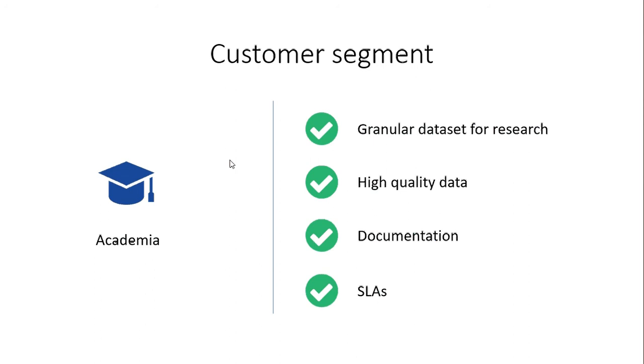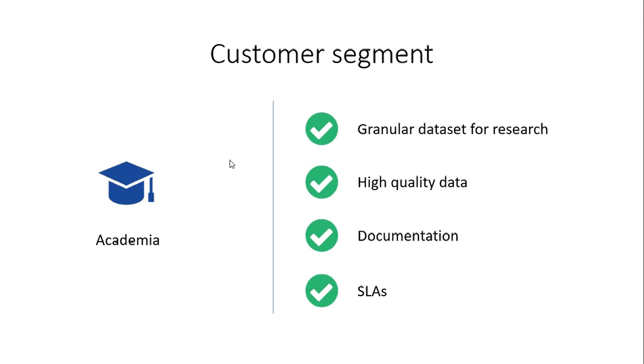There are new methods available, modern methods like differential privacy, and then even injecting some noise into the data set before you publish, so that this noise cannot be removed by any researchers, is a good way to publish granular open data set. Ensuring high quality data for this customer segment definitely boosts